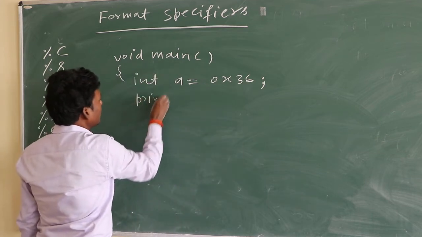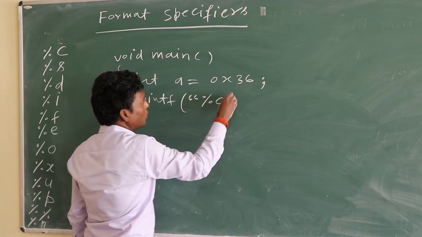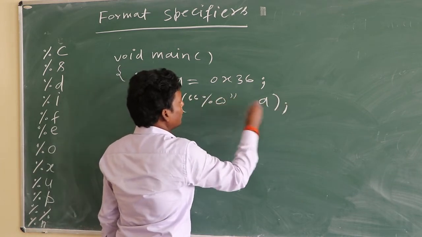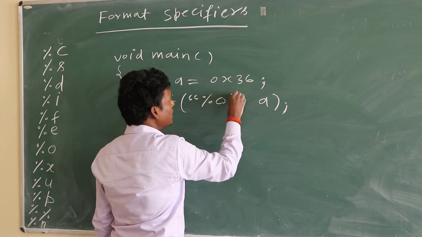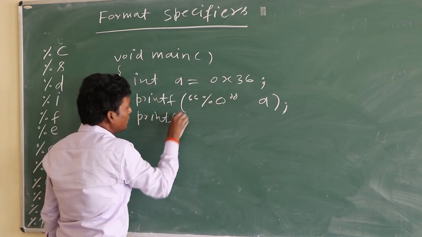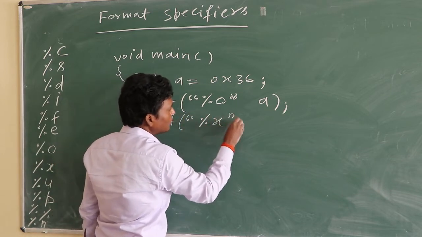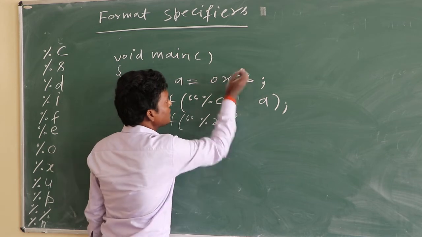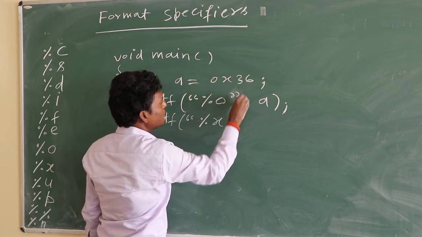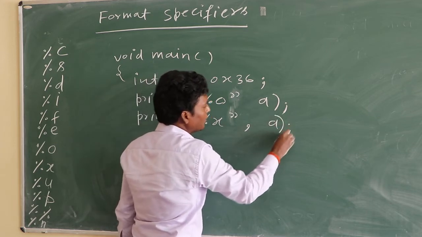printf %o a. You are printing a by the %o format specifier. Then %x, a. printf